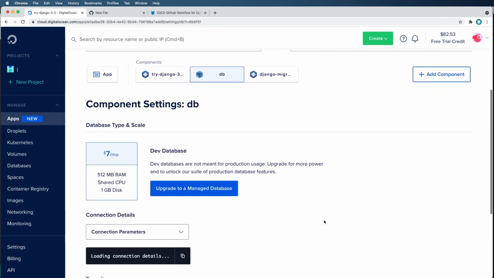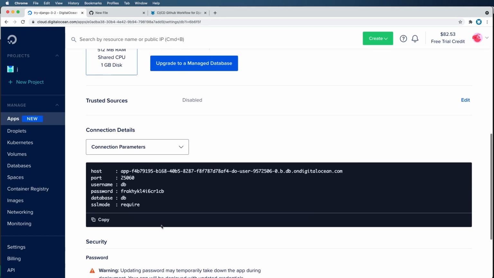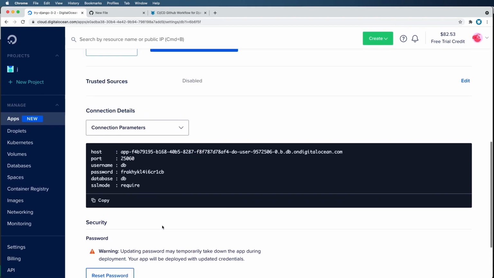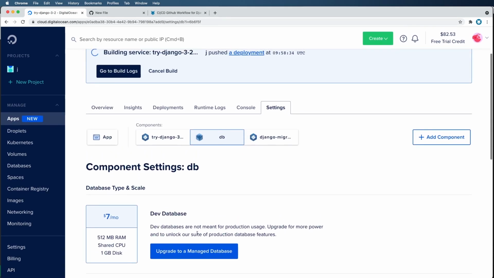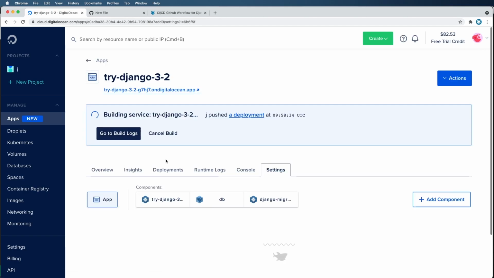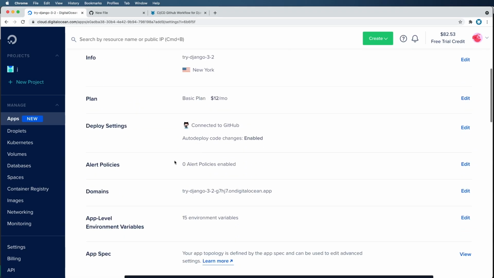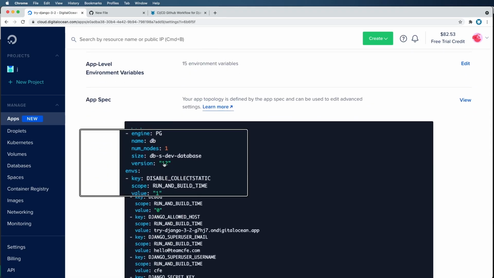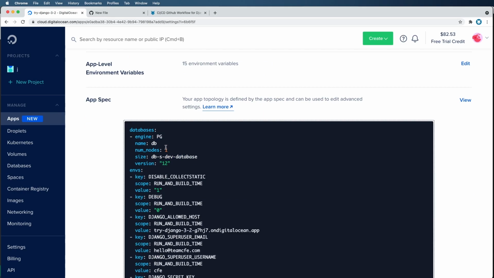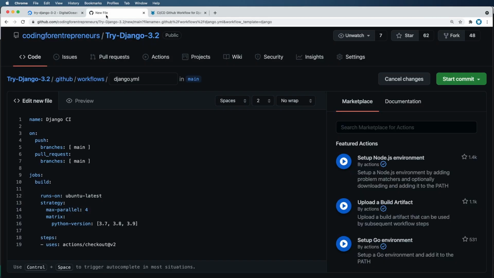Of course, that production database is a Postgres database in here, right? So when we actually did the configuration, you would have seen all that as to what exactly that database is. But in this case, it's actually a Postgres database with a version of 12, which we can verify in our app spec as well. So what I want to do then is go into my actions, and